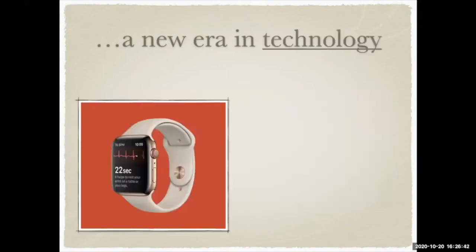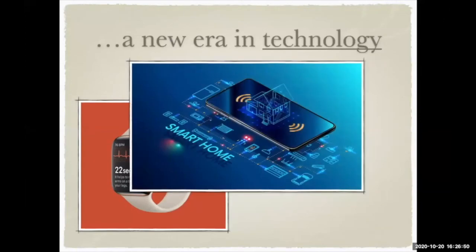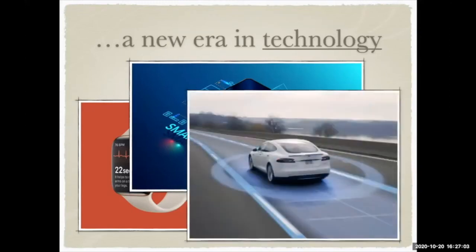Today we live in a world where we have smart watches. Watches can take an EKG right off the back of our wrist. We live in a world where we have smartphones, and at the slightest of request, we can ask our smartphones to look up data for us and provide us information that we couldn't have done just 5 or 6 years ago. And we live in a world where we have smart cars that have the capability of driving autonomously without our particular